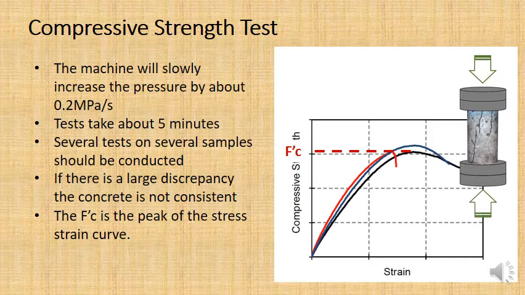You don't want it to be high speed because you might end up with a dynamic loss, which means that if you're throwing force at it at a high rate, parts will chip off quickly, and you'll end up measuring brittleness rather than strength. So with normal concrete, the test can take about 5 minutes, and you will see on the screen, not with our machine because we've got a cheap machine, but normally,